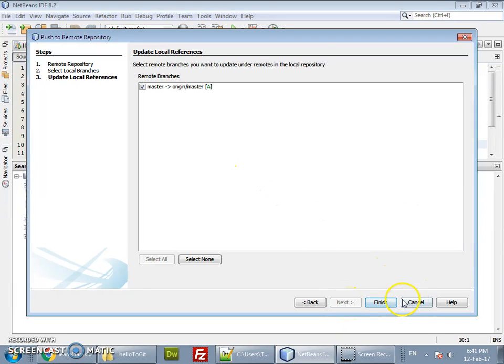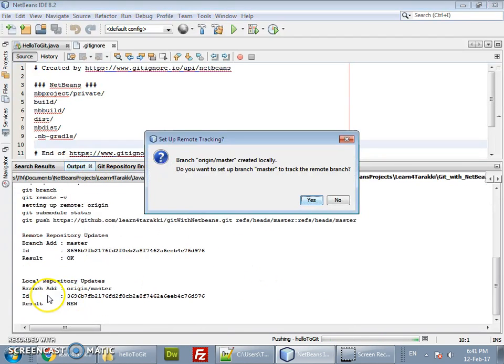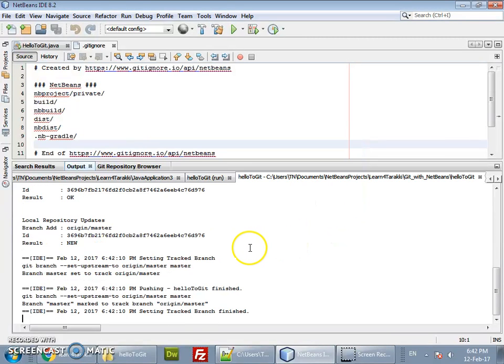and Finish. So in the Output tab you will see that this is an initial push, meaning the first commit to the public repository. Whenever a branch gets added initially to the public repository, this pop-up will come. If you go with the command line, you have to type the -u flag before pushing it to the public repository. So you have to say yes if it is an initial push to the public repository. Now we are done with the pushing of the existing project into the Git account.